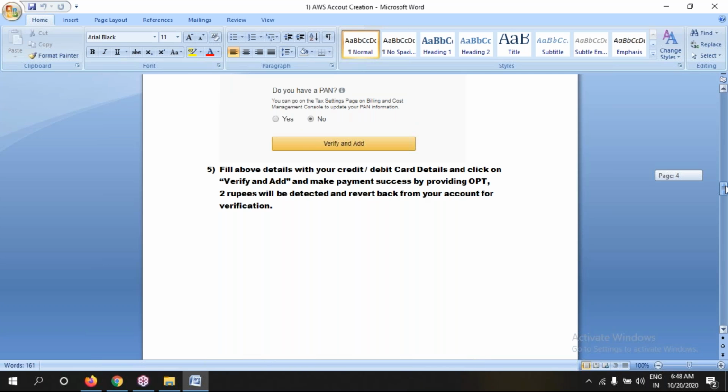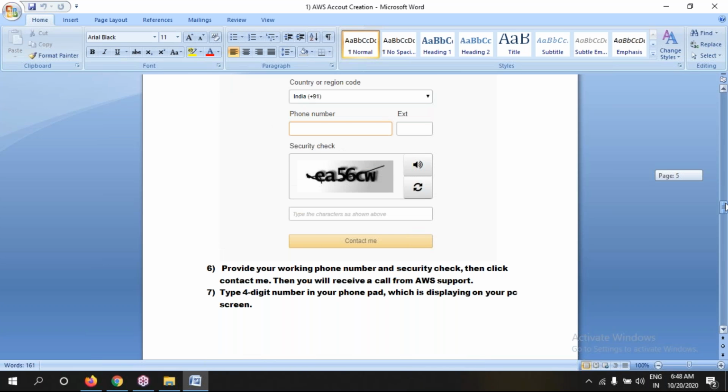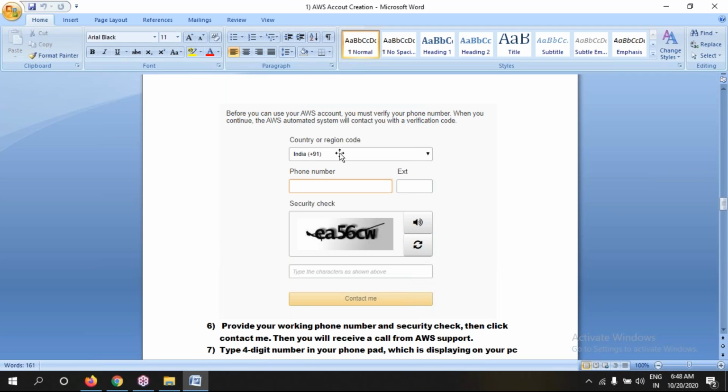After bank verification, the next step is phone number verification. Provide your working phone number, provide a security, then contact me. You are going to receive a call to verify your phone number.